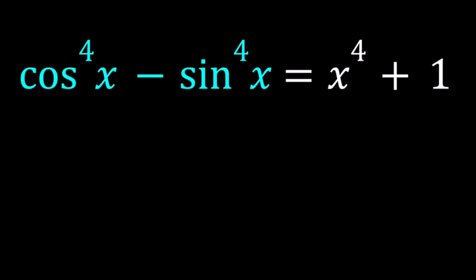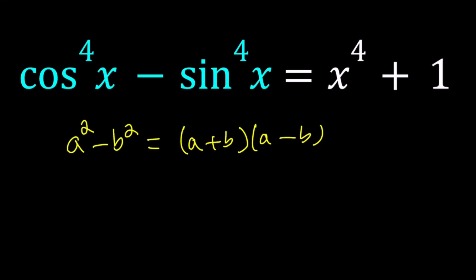I hope you noticed that on the left hand side we have a difference of two squares. What is that? Let's talk about difference of two squares, which is super important. If you have an expression in algebra such as a squared minus b squared, that can be written as a plus b times a minus b. The expression on the left hand side is called difference of two squares, or you can call it DOTS, and